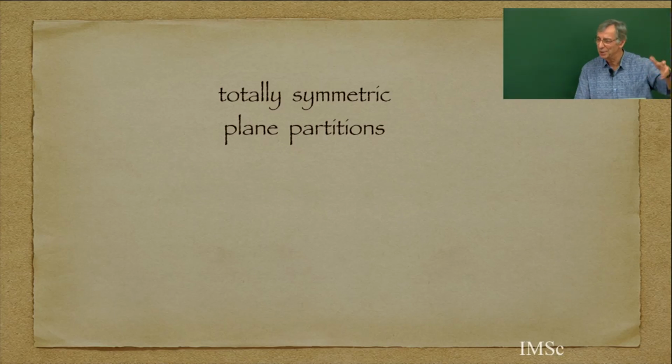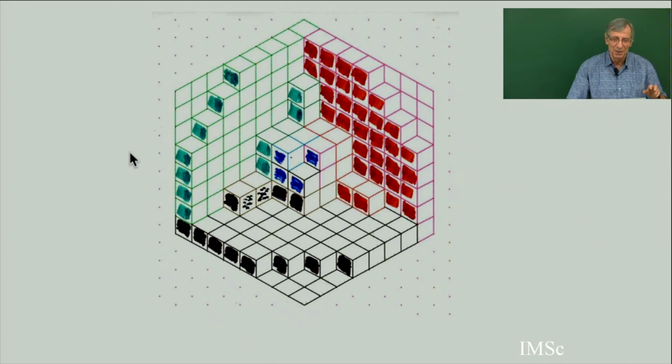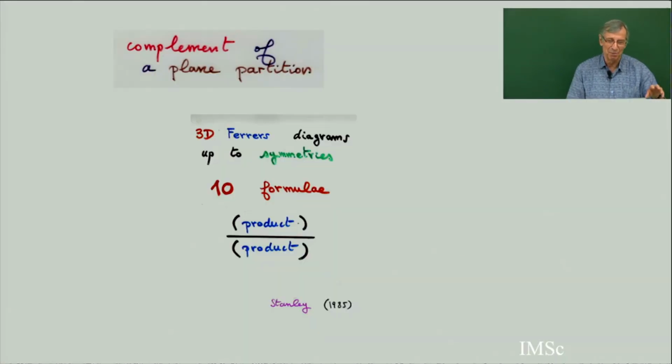But now let's go back to the symmetry of plane partitions. You can also have both symmetries: totally symmetric plane partitions, exchanging x and y, and cyclically symmetric. And again, there is a conjecture for the number of totally symmetric ones. In fact, there are 10 conjectures, 10 formulas. You can also define another symmetry, the complement of the plane partition. Suppose you have an n by n by n room, like a cube, and put some cubes in a corner; the complement will be all the cubes which are not in the partition. And if you make a transformation, this is also a plane partition.